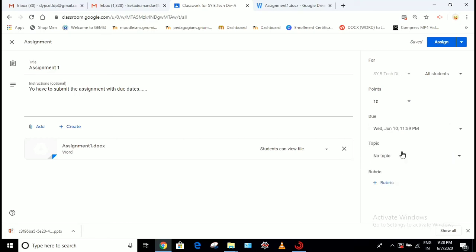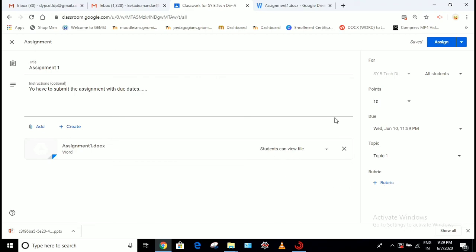Next, similarly, you have to add the topic under which you want to add this assignment. For example, we have created 3 topics in our classroom. Now I am going to add the assignment under my Topic 1. Next, there are some rubrics that you can define for your assignment. You can add your own rubrics or just keep it as it is, depending on the evaluator or the teacher.